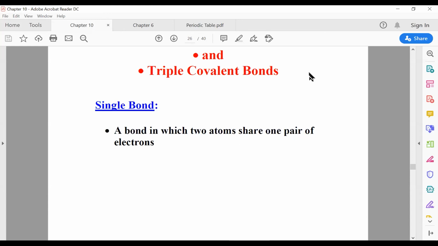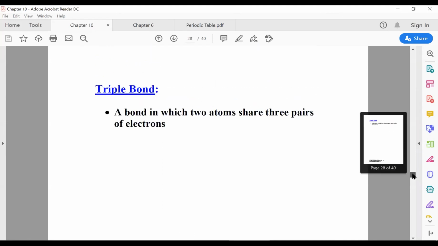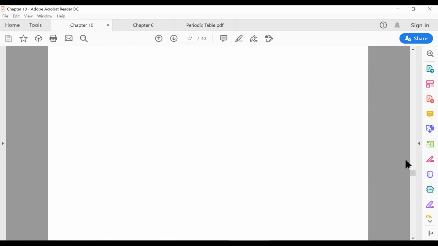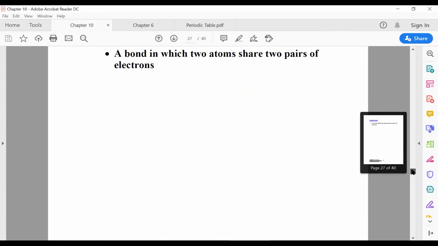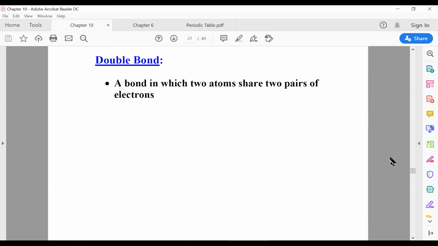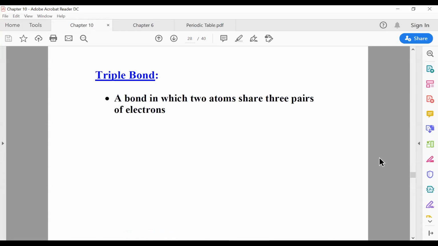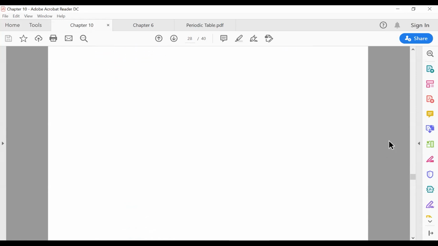All right, last week I was talking about single bonds. When we talk about covalent bonds, a single bond is when you share 1 pair of electrons between 2 atoms. A double bond is when you share 2 pairs of electrons between 2 atoms. And a triple bond is when you share 3 pairs of electrons between 2 atoms. And we did Lewis structures